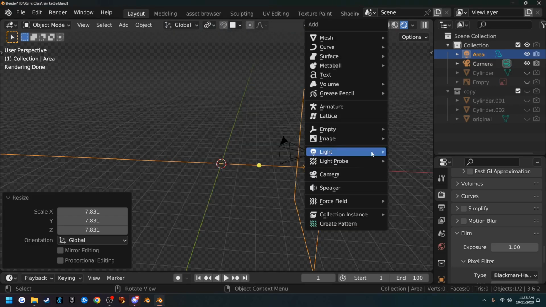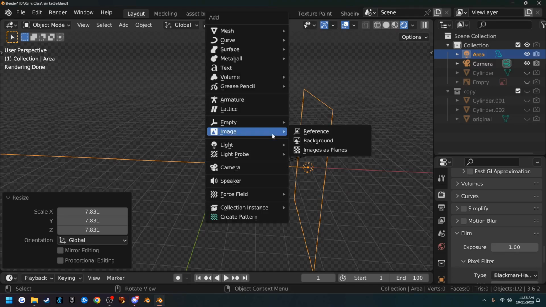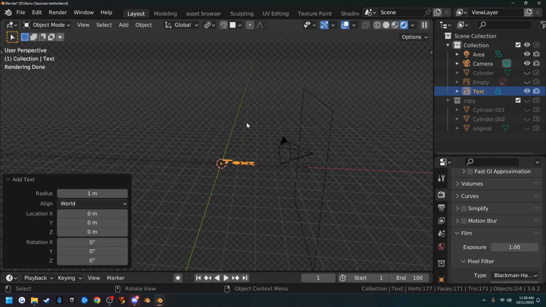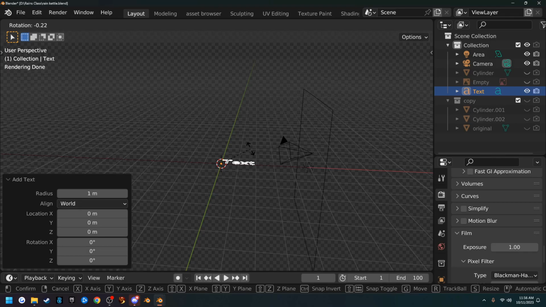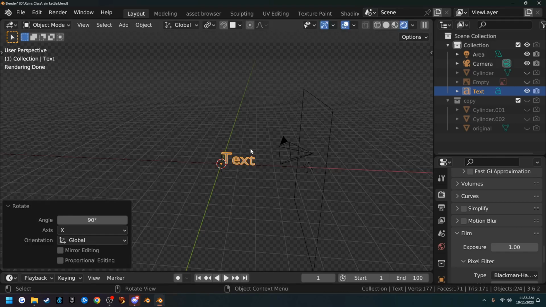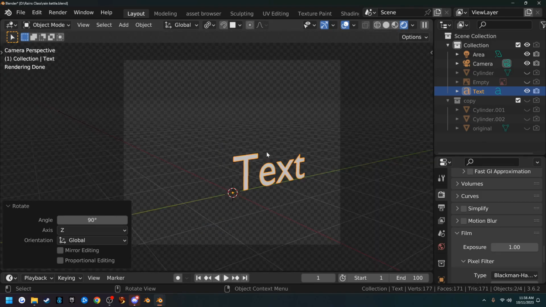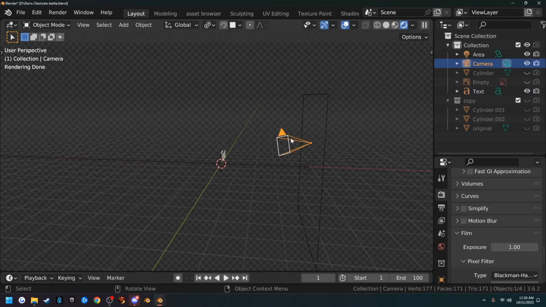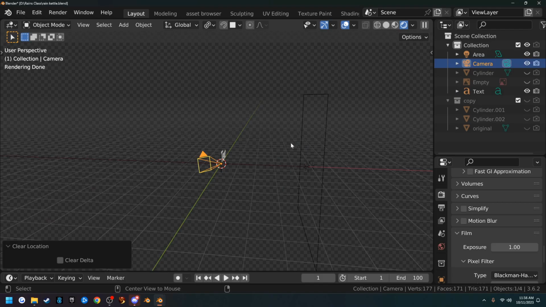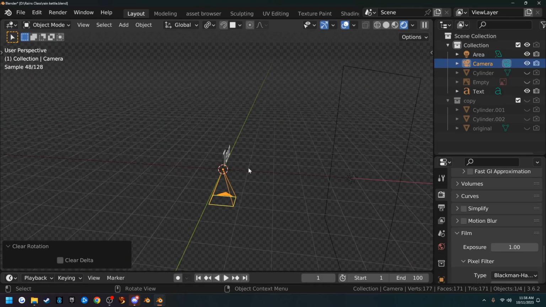Now we can add some text. So Shift A, text, and you can rotate it on the X by 90, rotate it on the Z by 90, hit 0 on the number pad to go back in the camera, and it looks like that. I actually want to get in front of this, so I'm going to select my camera and hit Alt G and Alt R, and that'll put it back in its original location, and then I can